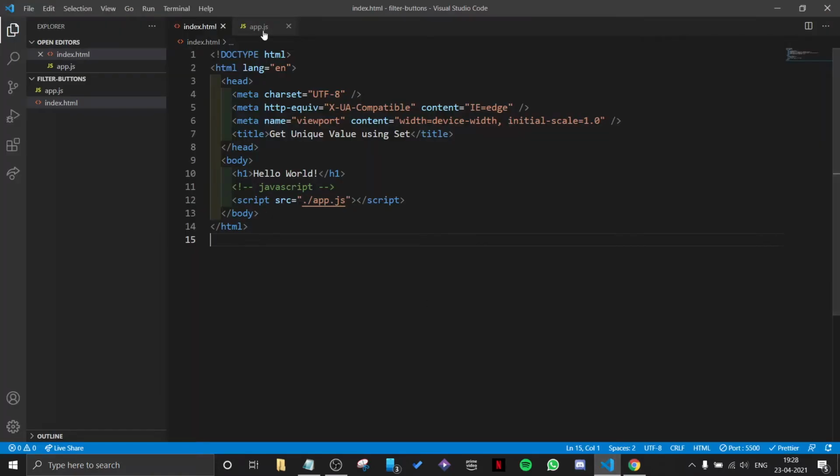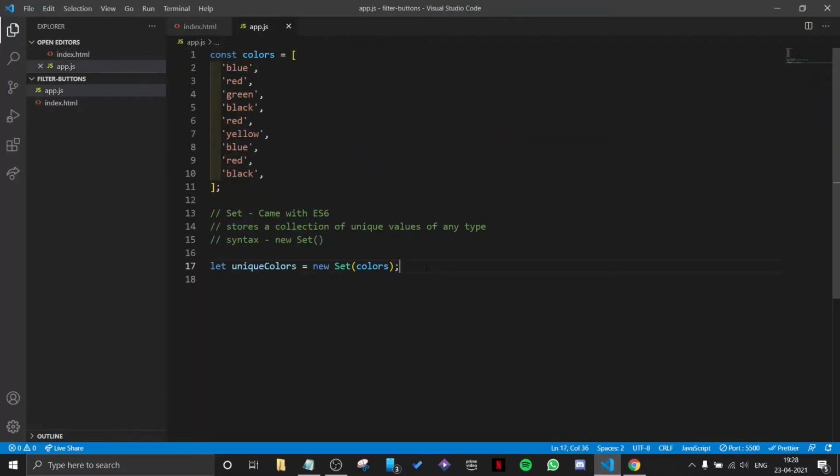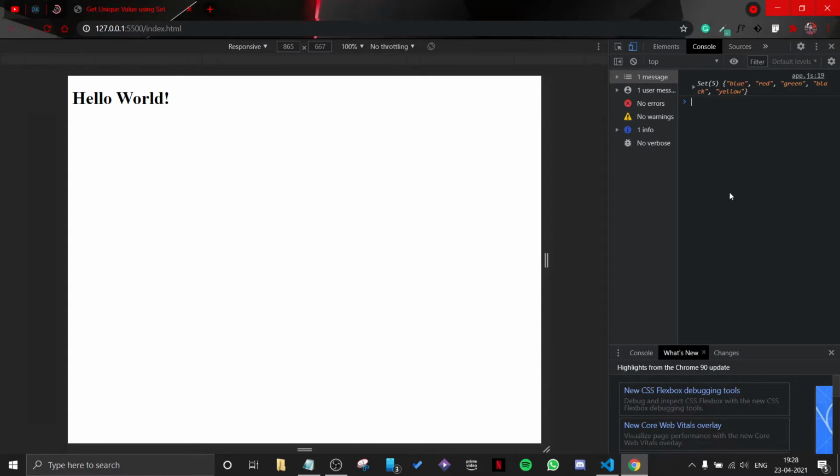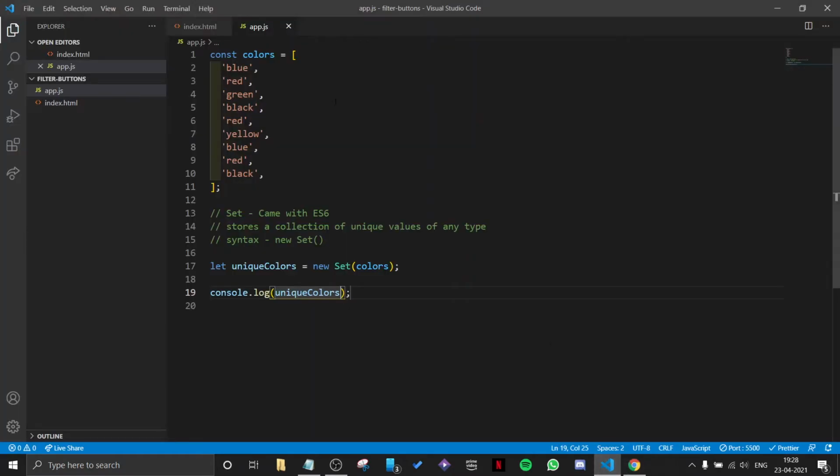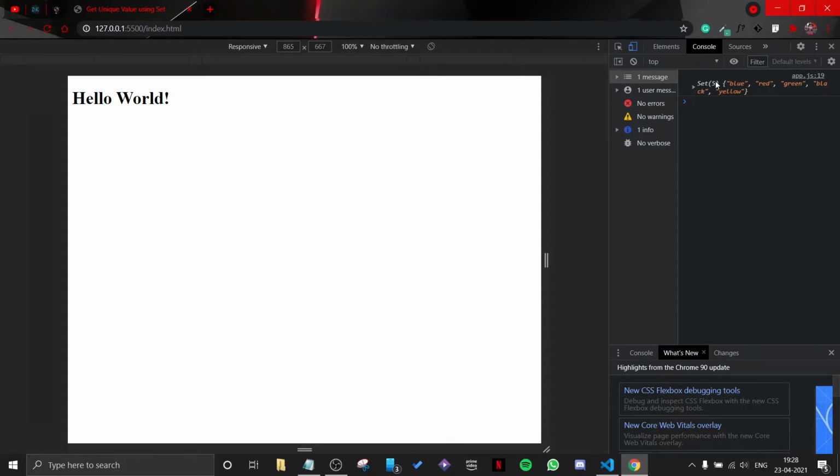Now for the JavaScript, if I console log our uniqueColors, okay, I can spell, right, uniqueColors, you will see that out of this colors array, I'm sorry, we only get the unique values.